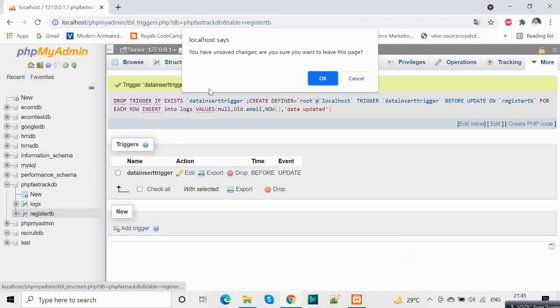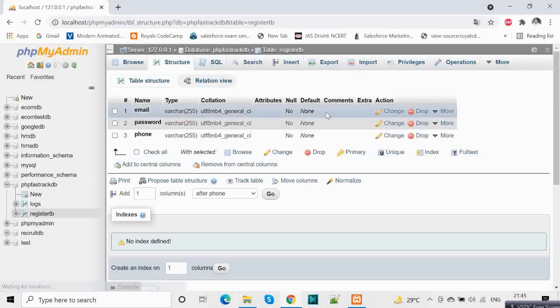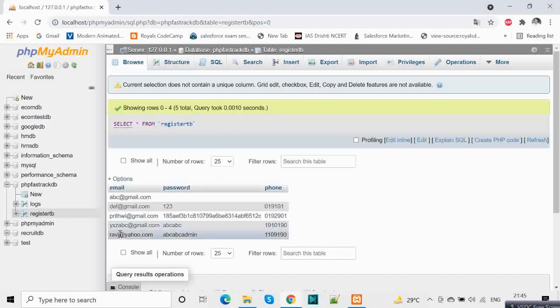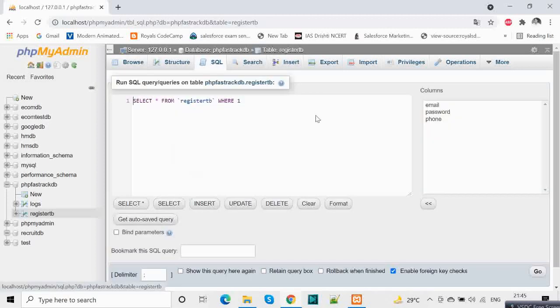Let's save it. Now we have to update a record, so let's see which record. Let's say this Yahoo, this Ravi's record, we need to update the phone number. So let's write the update query.